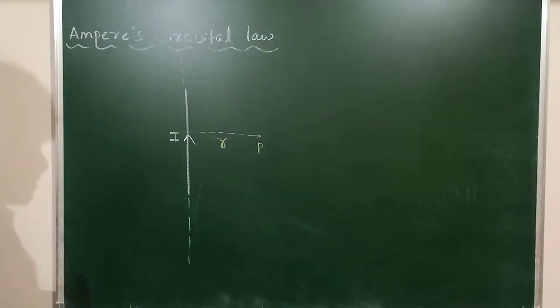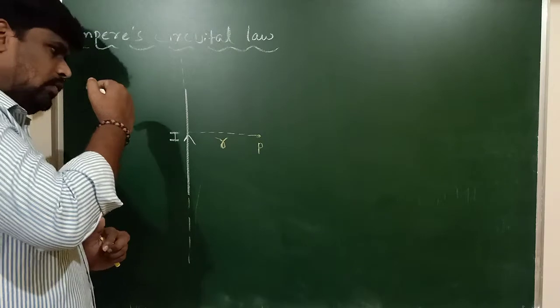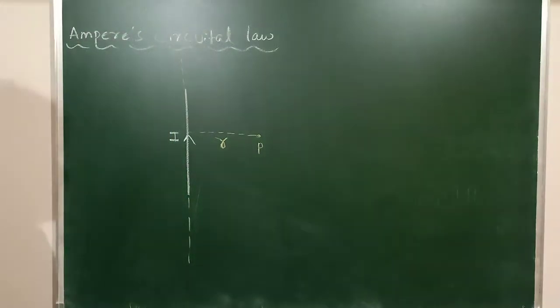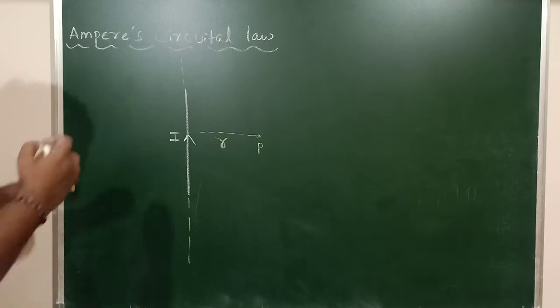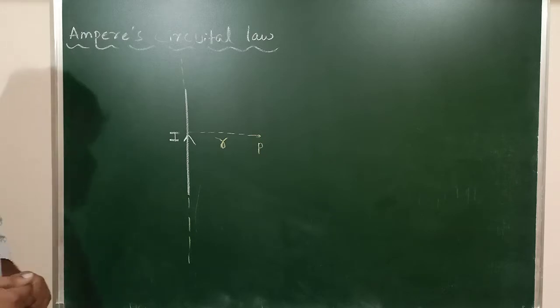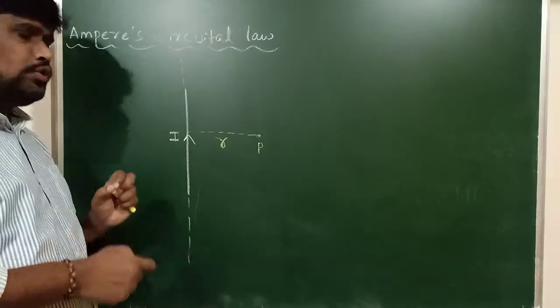So what is the procedure to find the magnetic field by using Ampere circuital law? What procedure are we going to follow? The simplest procedure we follow, if we want to determine the magnetic field produced by any current carrying conductor at a given point, the first step is we have to draw a circular imaginary loop, and that loop should pass